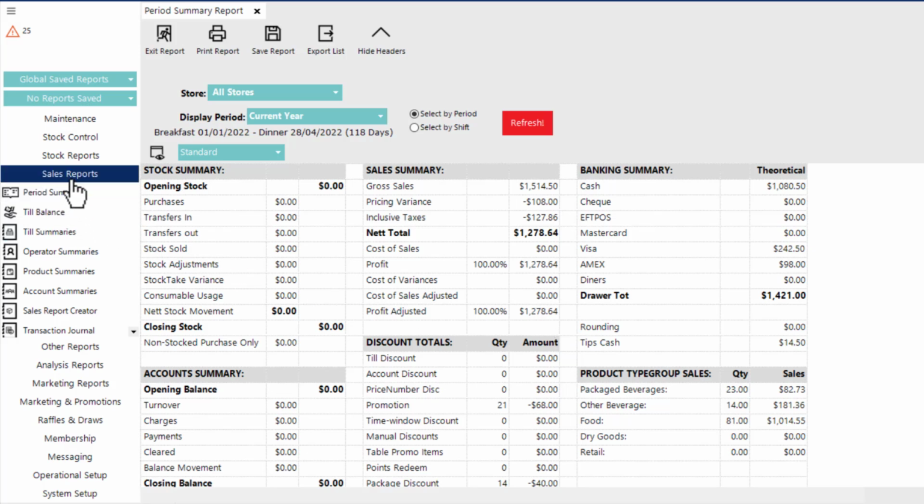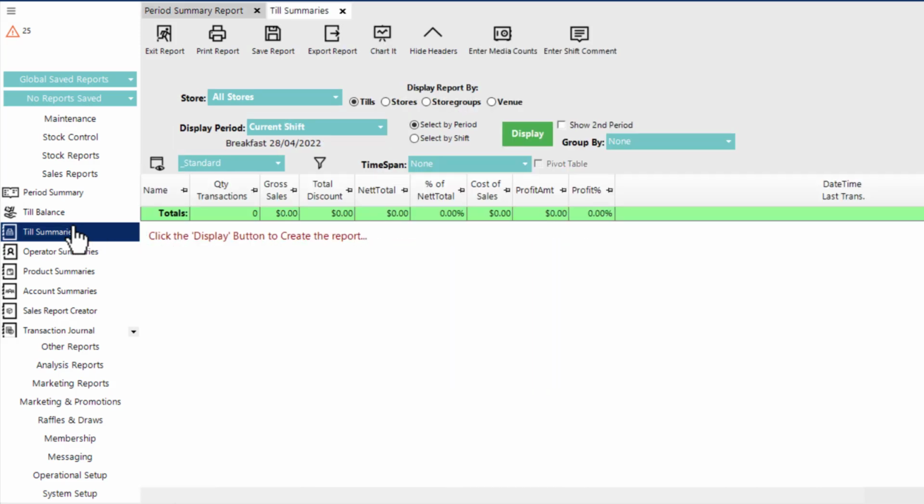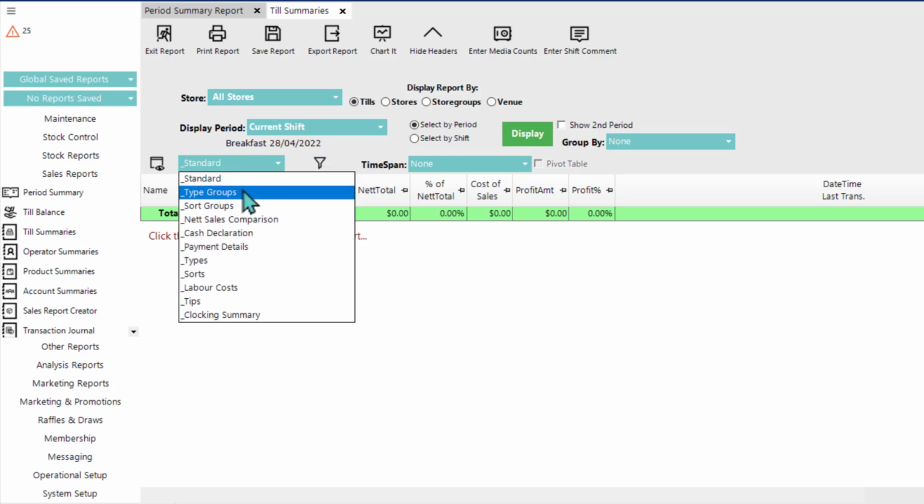Alright, then these next four in the sales report menu, the till summaries, operator summaries, product summaries, and account summaries, like I said, they're going to be somewhat similar, each one just with a different spin on the sales data. So the till summaries report is probably the most different compared to the others. We can see that there's quite a few views that are readily available for it,